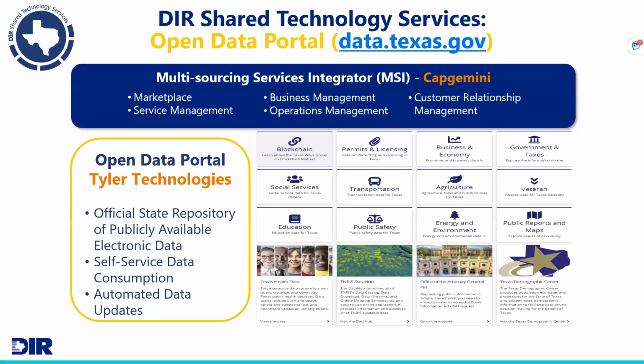DIR, we post our cooperative contract sales data out on the business and economy section from FY10 all the way up to the current date. So almost 14 years of co-op sales history is out on the open data portal. The nice thing about this is that we manage this data for you, so you don't have to manage it on your own servers or on your own systems.